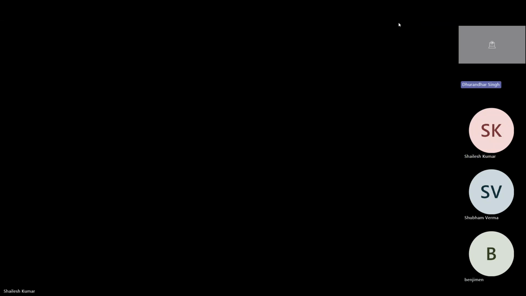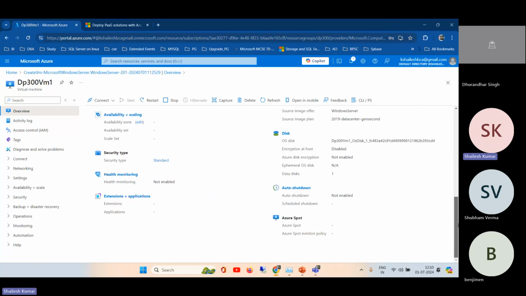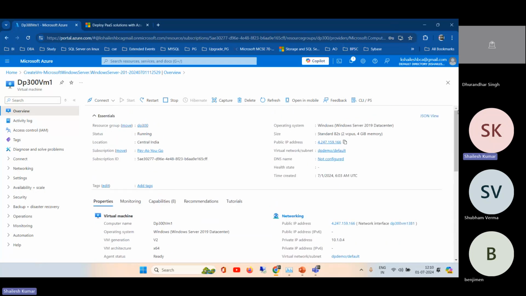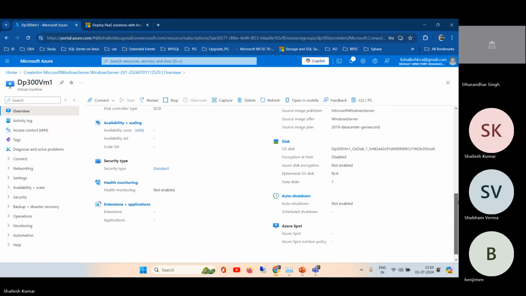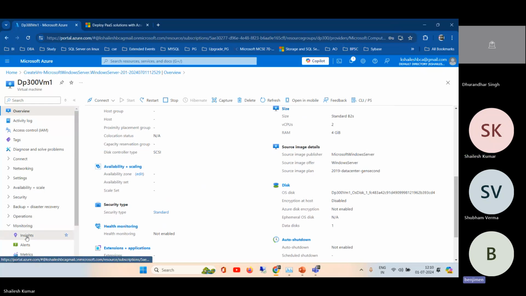Okay, so now we have done the initial phase of the setting of the VMs on the Azure portal. You can monitor all these things from here.